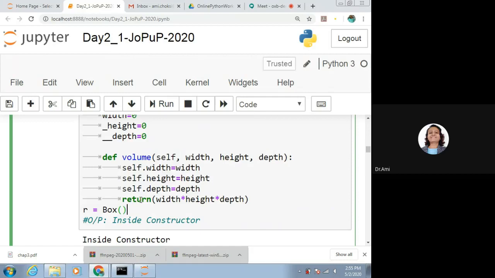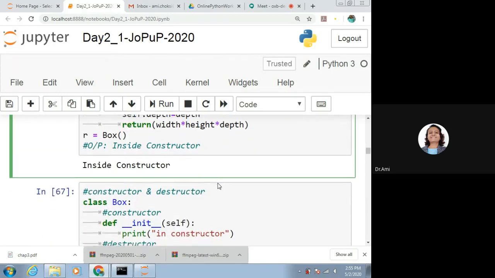And it returns volume, that is width multiplied by height multiplied by depth. What we do is r is equal to Box, that is we are only calling the constructor, which will give us the output inside constructor. If we want to call this method, we should write r.volume and we should pass the parameters, that is width, height and depth, three numbers.